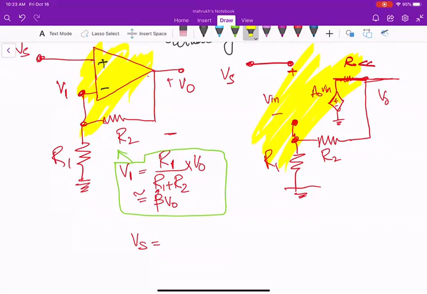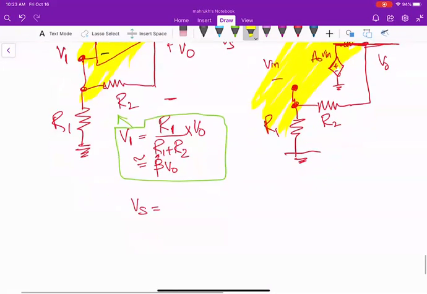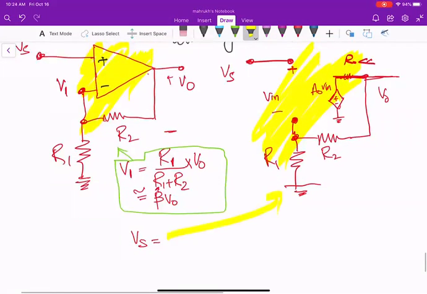You don't have to think about what is inside the block, because you will already understand what the inputs are and what they mean. So you don't have to worry about that. But right now, for understanding, it's important to see what's inside it. That's why we are doing this. So Vs for this circuit